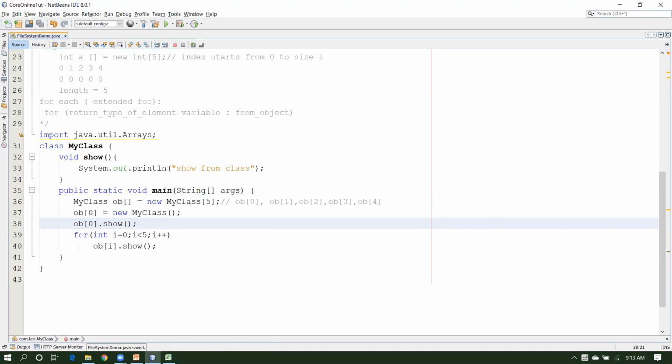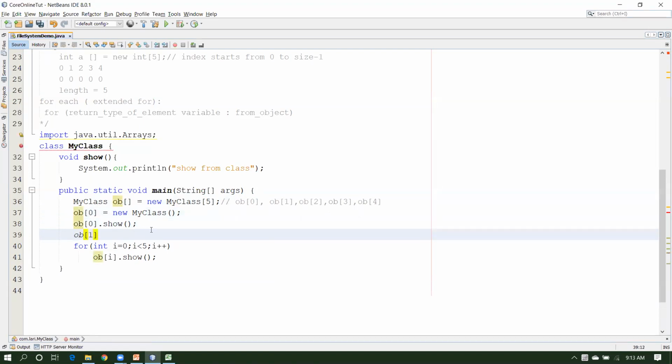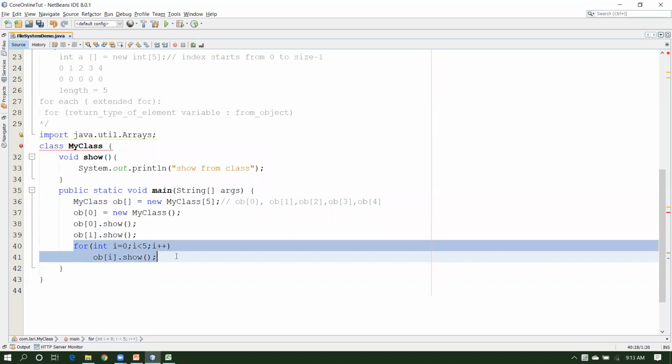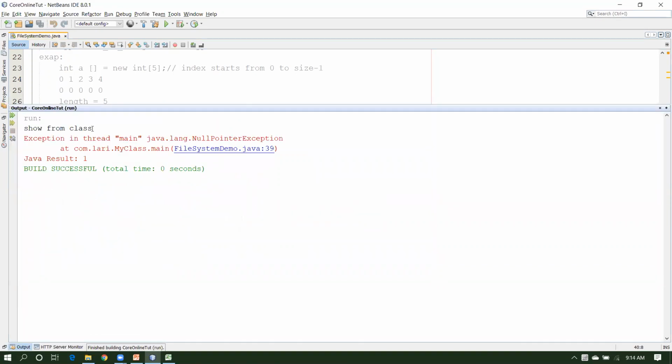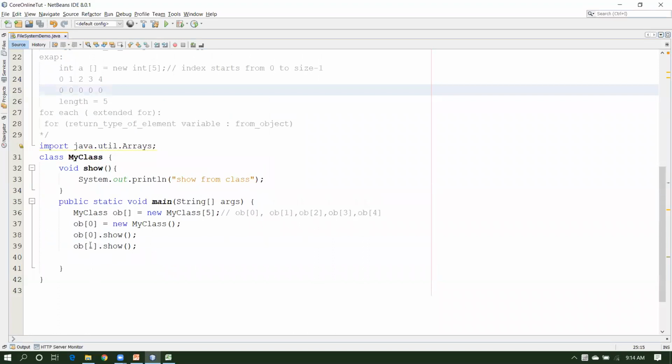But if you write this code, that is ob1 dot show, since ob1 is still pointing to null, you will get the null pointer exception. If I remove this code, just come to this part, Control X, then still we have an exception. The first method gets called with the help of ob0, but the second time, when we try to call this method with ob1, since ob1 is still pointing to null, this is not possible. So if you have created an array of type references, make sure you have created the object also for every reference. Then you will be able to access the methods. Okay,